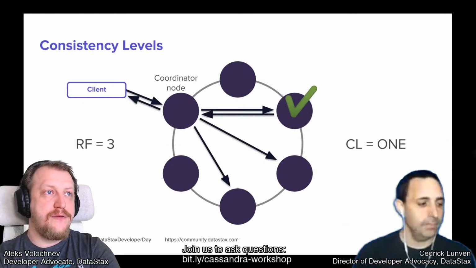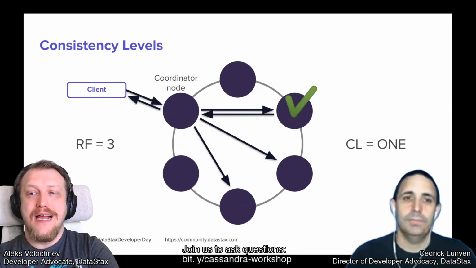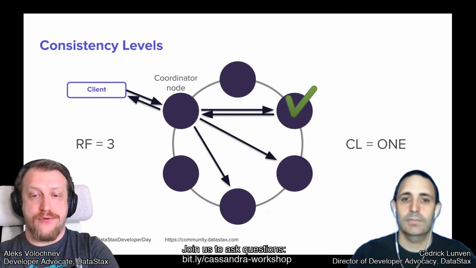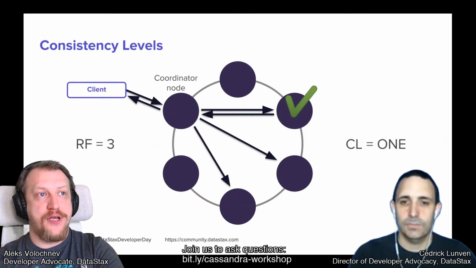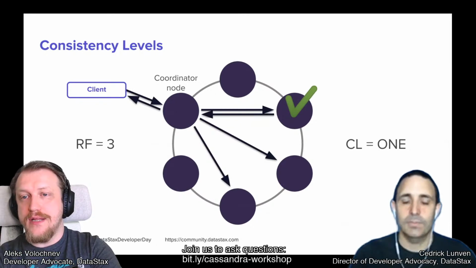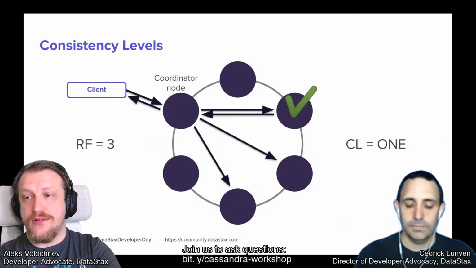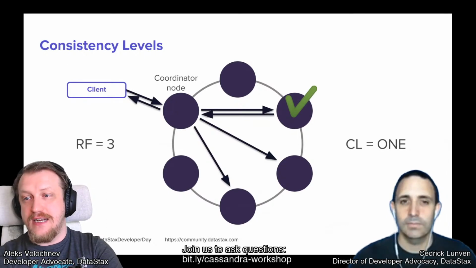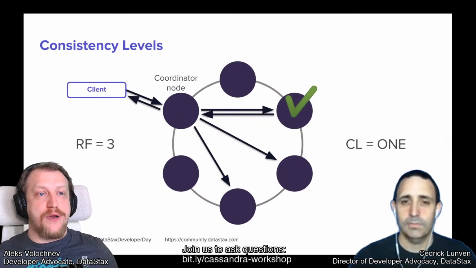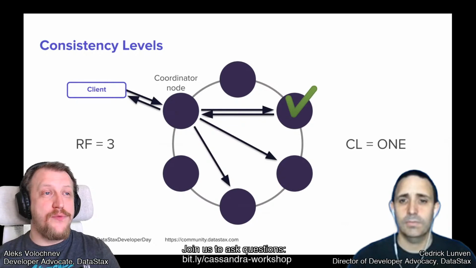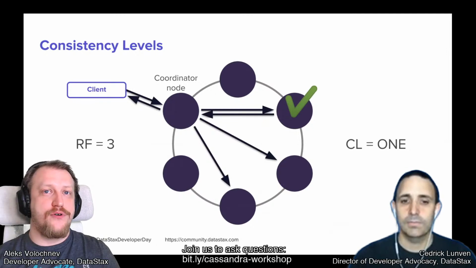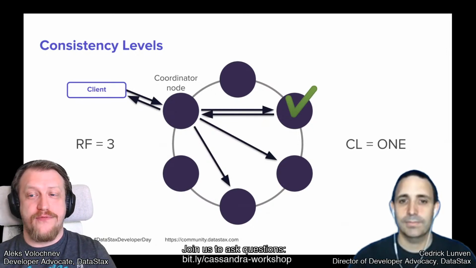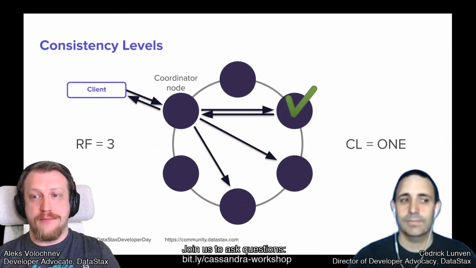It's important to understand that the coordinator node asks all the replica nodes simultaneously. So in good network conditions, when all the nodes are operational, available and quick, you will get the same response time on consistency level 1 and consistency level all, which we cover soon, because all nodes react at the same moment. But we live in a real world with no unicorns. So usually you have some network issues, power issues, and so on and so forth. And in this case, obviously, consistency level 1 is the fastest way to get your data.